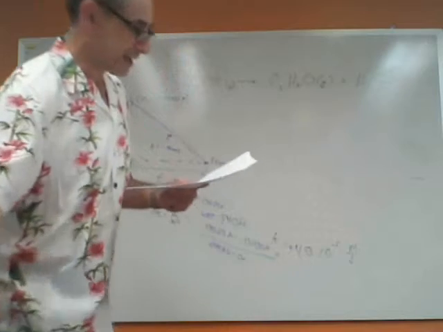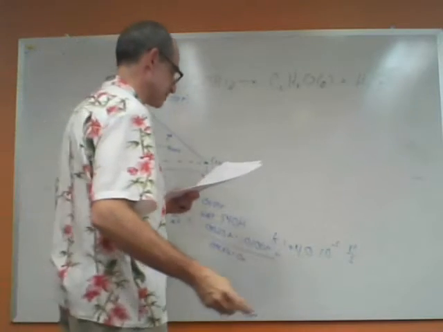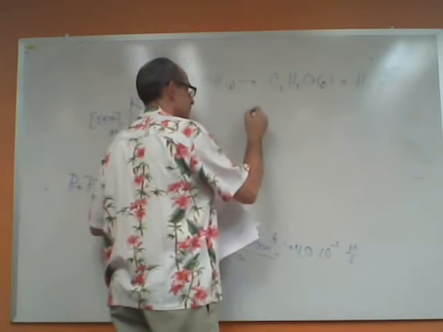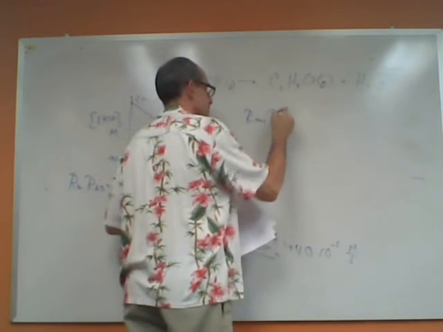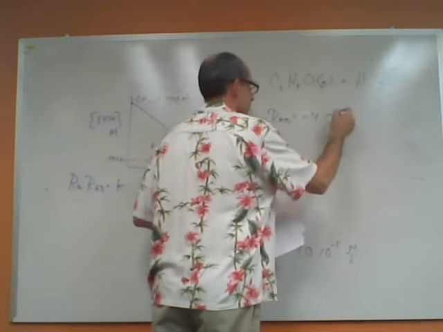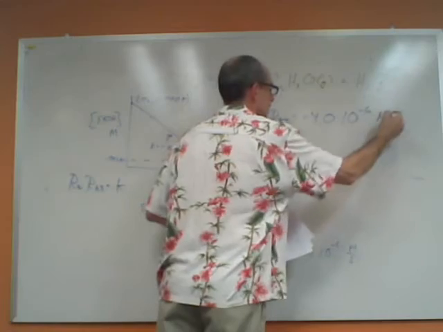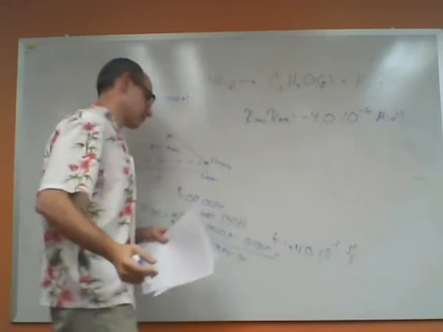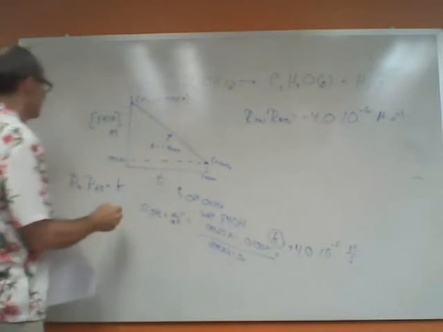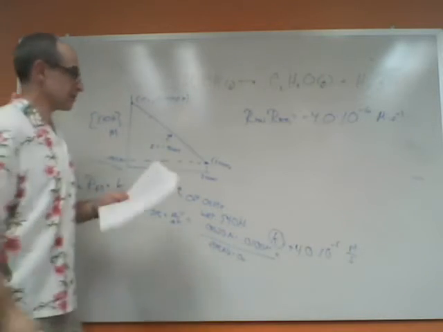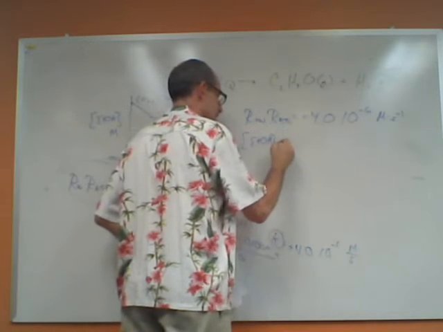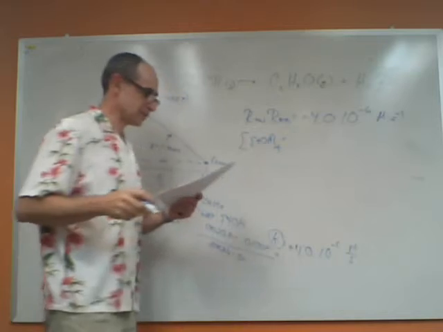The question goes on to ask you to write the expression for the differential rate law and the integrated rate law. So the differential rate law says that the reaction rate equals 4 times 10 to the negative 6th molar per second. That's what we just had down here. It's equal to the rate constant over there. The integrated rate law says the concentration of ethanol at some time t equals the initial concentration, which we have,